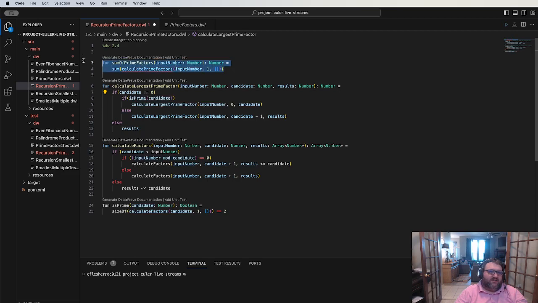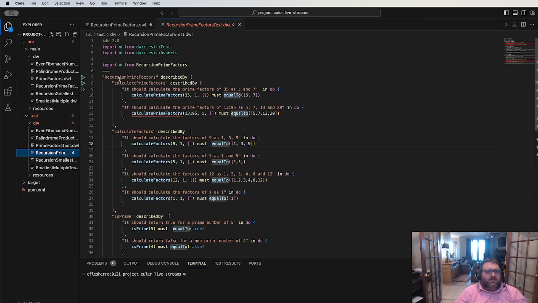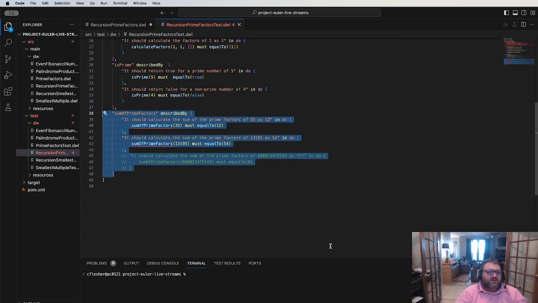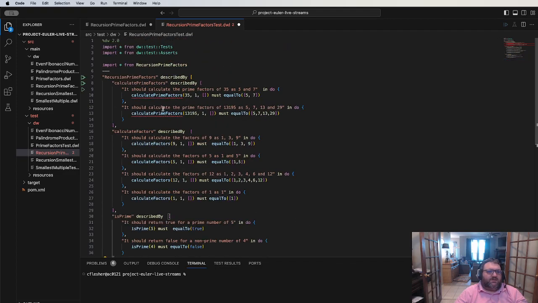So we don't need this at all. I don't know why we have sum of prime factors here. Let's just delete that. Calculate prime factors, so that's wrong. We don't need sum of prime factors at all. So we want calculate largest prime factor of